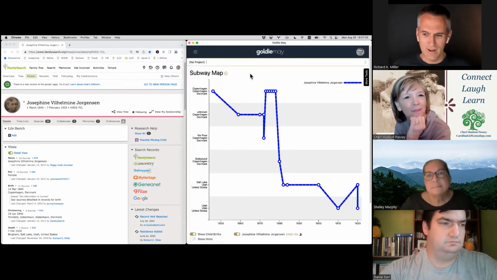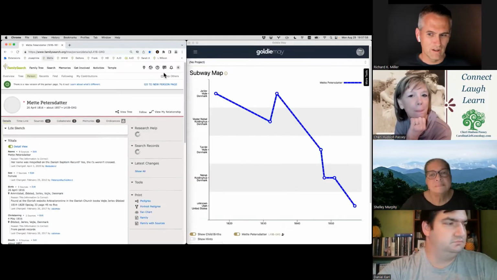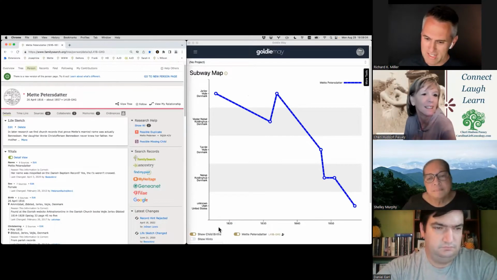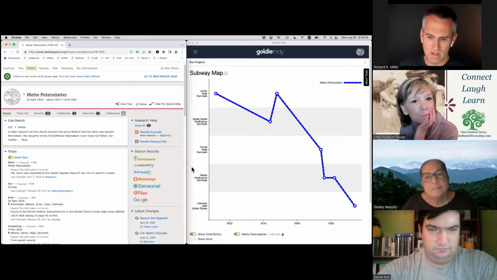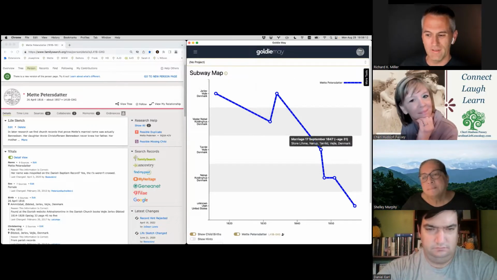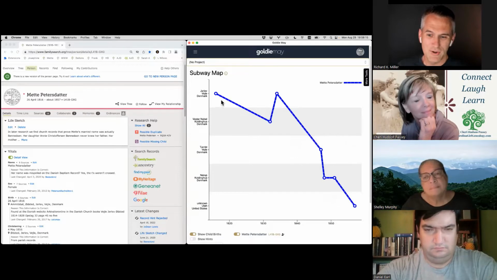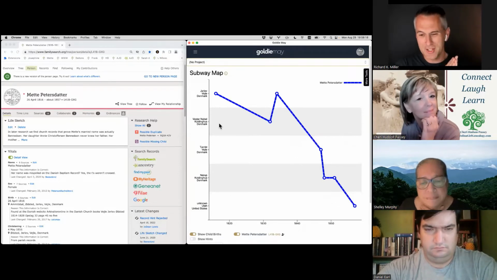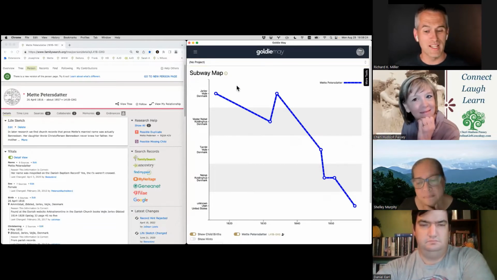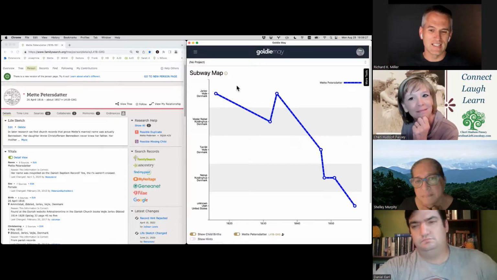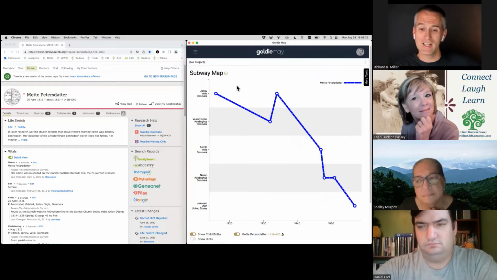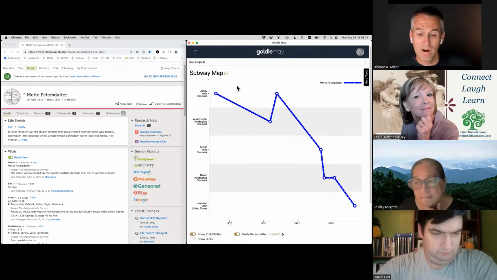Yeah. So, okay, let me show you the Goldie May subway map for Mette, an ancestor from Denmark. We have years along the bottom and places along the side. You're seeing these dots that represent data from the Family Search tree about where she lived at certain times. So you're getting a two-dimensional timeline where you see both places and times at the same time. This allows you to see some trends, because in genealogy, we want to see a consistent story of places over time. We wouldn't expect our ancestor to move all over the place. The farther you go back, the less likely it would be to have lots of moving around.